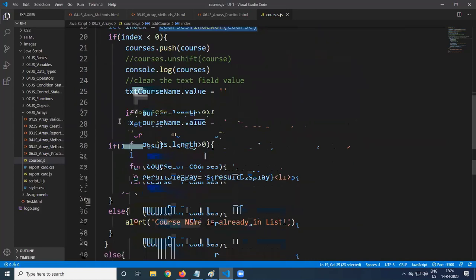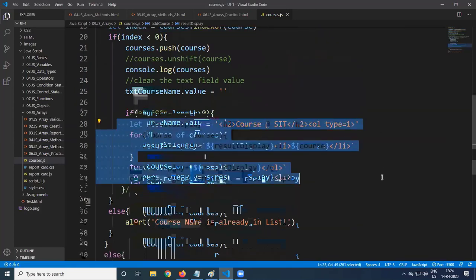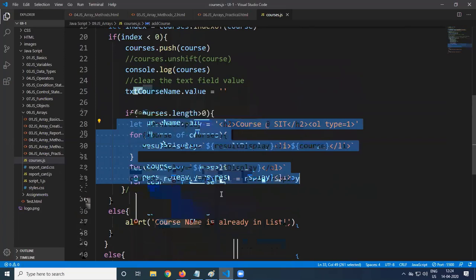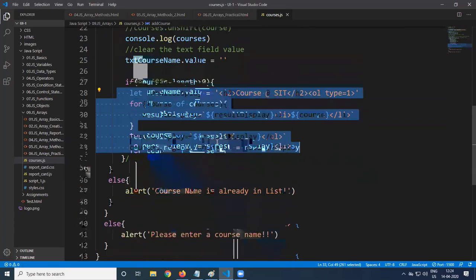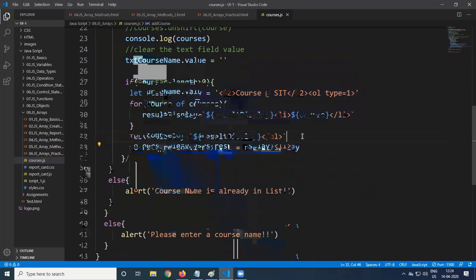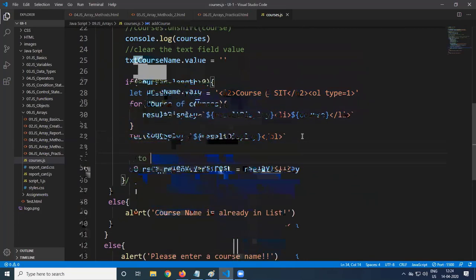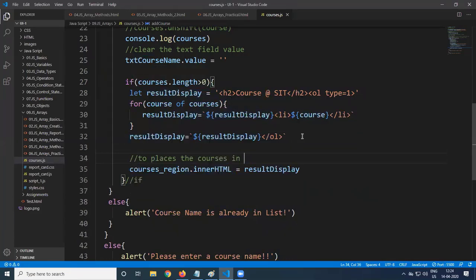And how to retrieve the data and how to show the result field value in an ordered list and how to place that. So to place the codes in the web page, it's nothing but DOM, document object model. So you place the codes in the web page.